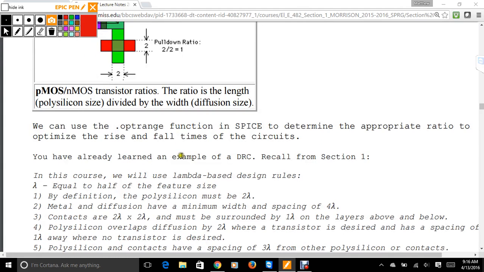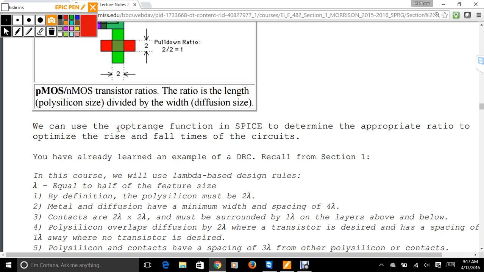And so there's an actual command in SPICE that you can use to do this, .opt range, to determine the appropriate ratio to optimize the rise and fall times. So basically you do the analysis,